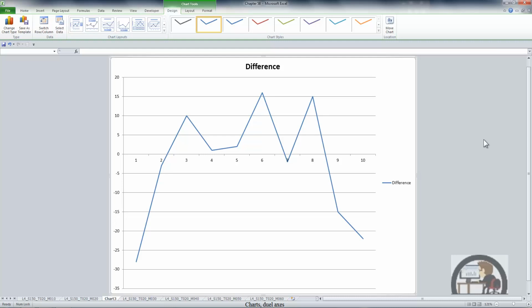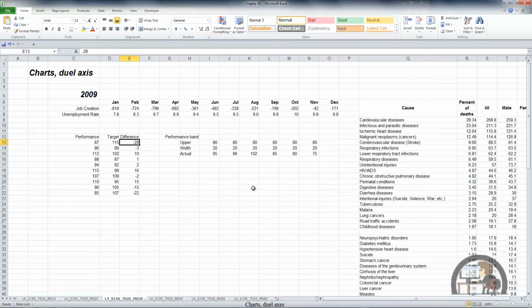And in the prior movie we had some control over where the horizontal axis crosses the vertical axis, and in this case Excel automatically moved it towards the center of the chart because we had positive values and negative values that we're plotting. And this provides a good example of why you would want to move the horizontal axis and position it differently. So I'm going to delete this chart, and we're going to create another chart that plots performance